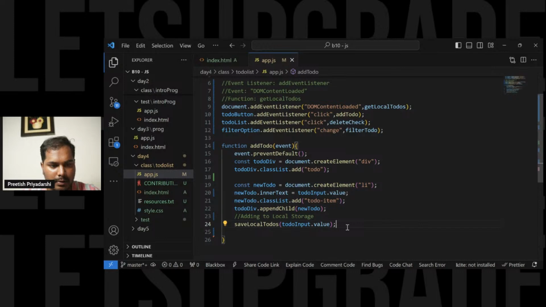In this block particularly, I want you to answer 22 and 24. Let's see how many of you can answer. Line 22: add the new todo to the div. Okay, great. So basically here